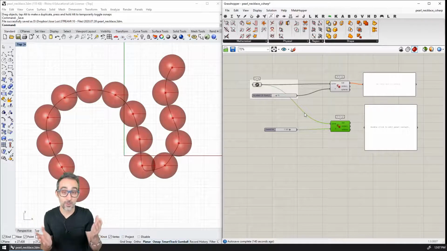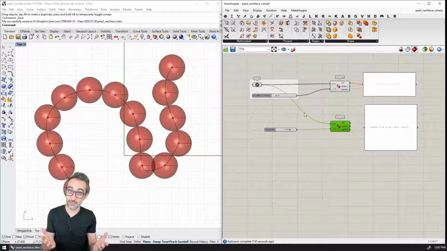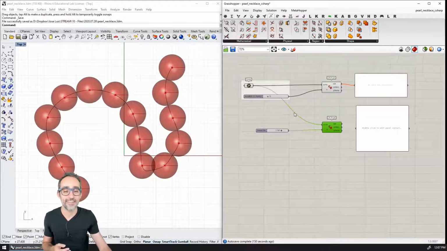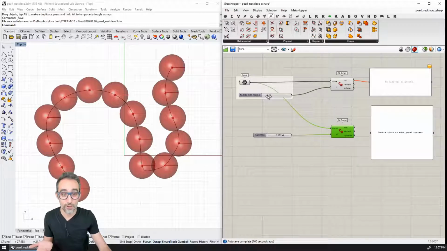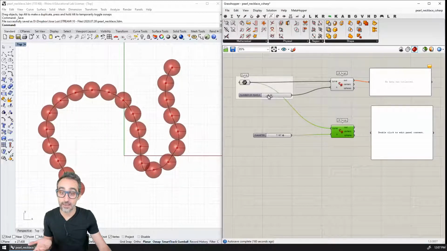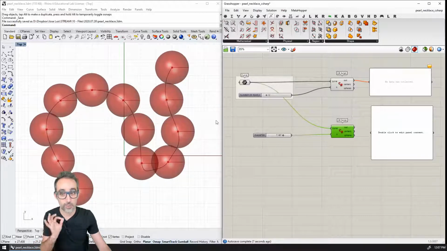Hi, and welcome to part 2 of this video where we are designing pearl necklaces, or a different way of saying it, we're just populating a curve with a bunch of spheres with some particular rules. In this one, as we did before, we have implemented an algorithm where we can control how many spheres we populate over the curve with an exact number, but we have the problem that